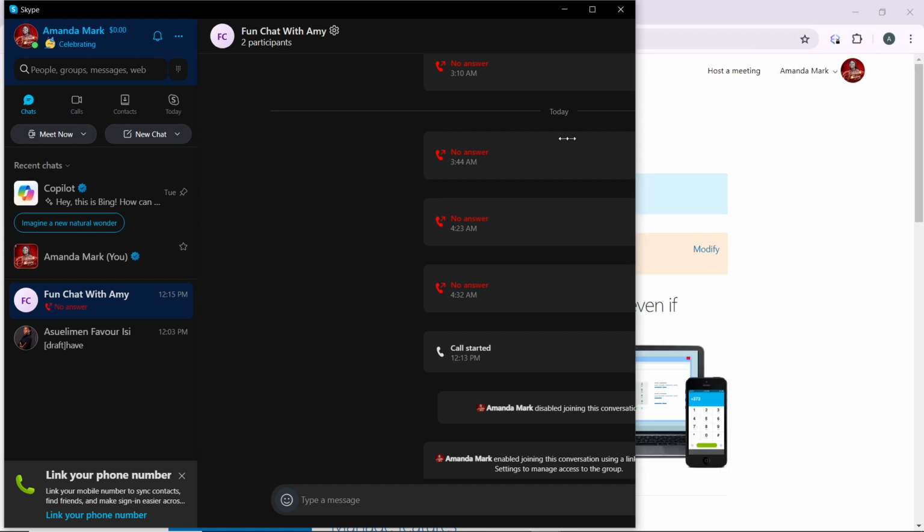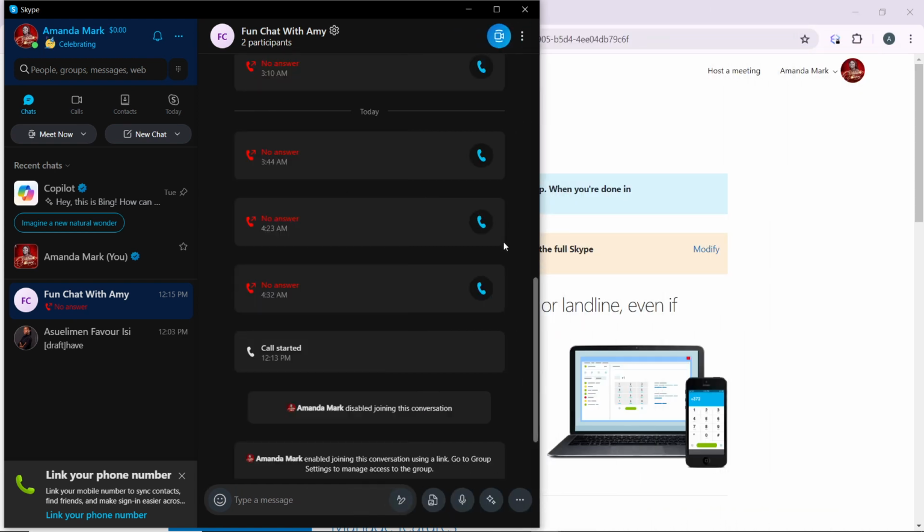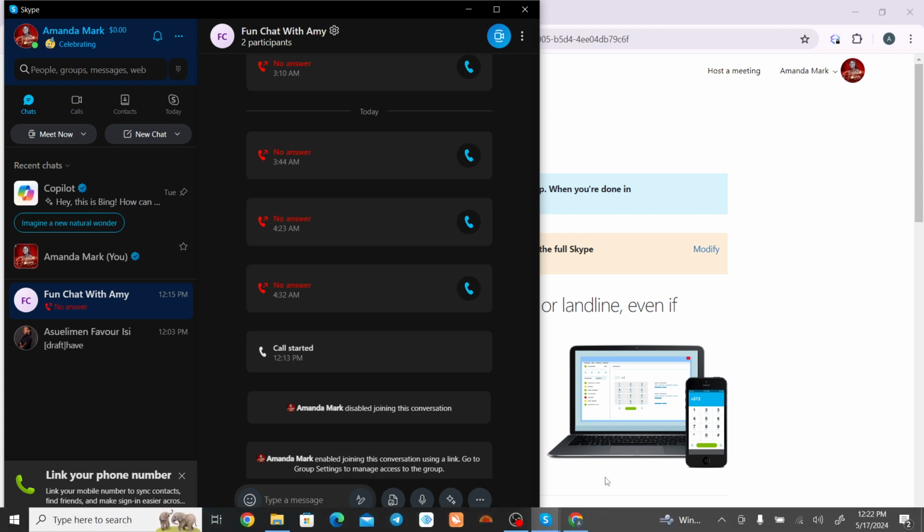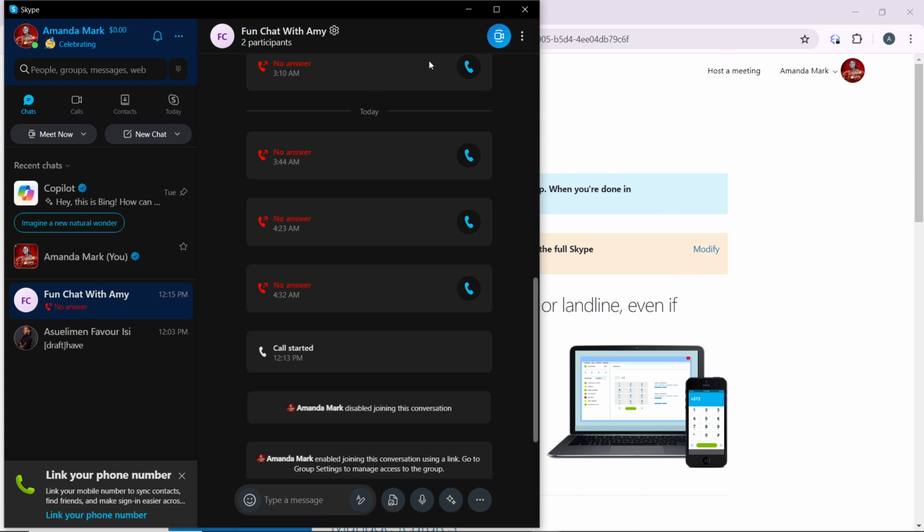Let's say I'm moving this. So you can see it's already adjusting. So you can open another tab, right? You can open another tab and launch another Skype account and create another Skype account. That's open up an entirely different Skype account. And once you open up another Skype account, you can now,